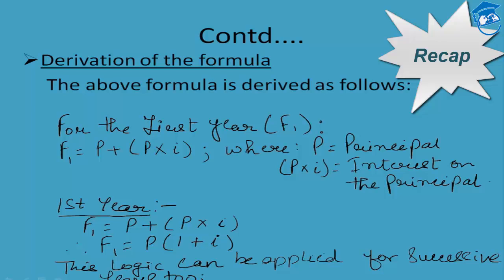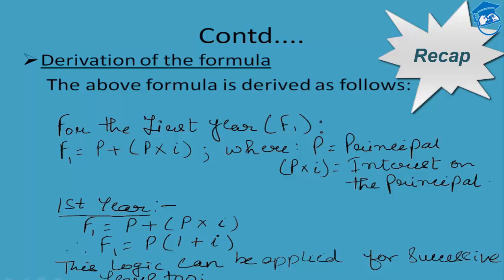Now students, this simple logic can be applied for successive number of years too. We used this logic for this simple explanation keeping in mind n is equal to 1, but in real life n is not too short. The n can go up to 5 years, 6 years, 10 years, 20 years, 25 years, whatever the time frame can be. So even if it is going for 25, 30 years or even for a perpetual time frame,